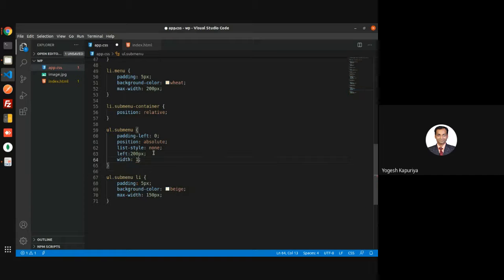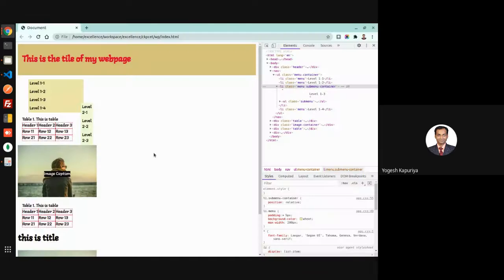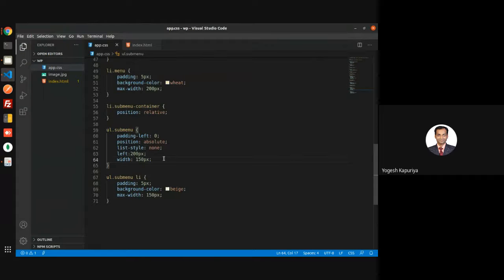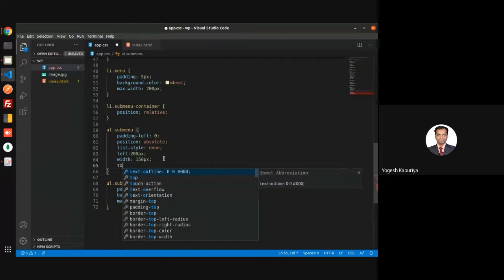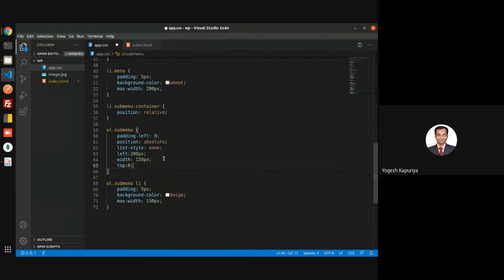So here I will give width as well, so that even though max-width was there for li, your container was not having a proper positioning. Then top 0.